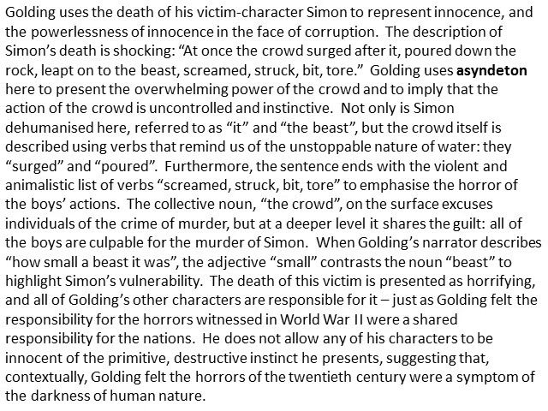Golding uses the death of his victim character Simon to represent innocence and the powerlessness of innocence in the face of corruption. The description of Simon's death is shocking. "At once the crowd surged after it, poured down the rock, leapt onto the beast, screamed, struck, bit, tore." Golding uses asyndeton, which means he doesn't use a connective, he doesn't use the word "and". Here to present the overwhelming power of the crowd and to imply that the action of the crowd is uncontrolled